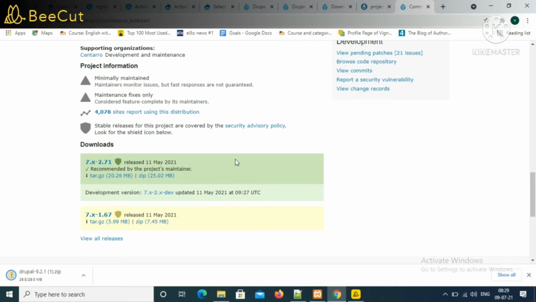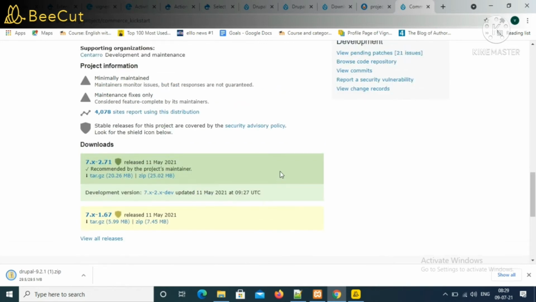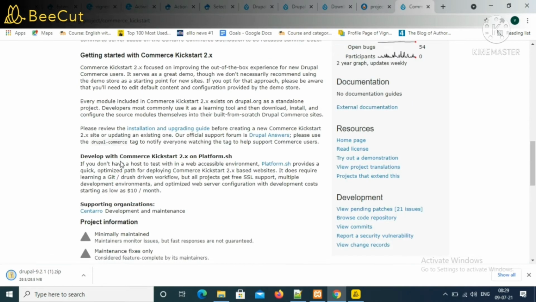Before installing any of the modules or any distribution or themes, we want to check the security advisory policy. At the bottom you could see the color is a little bit yellow. It means this is not covered by Drupal security policies. It's preferable to use projects which come under the Drupal security policy. Where I'm hovering, you could see the stable release covered by the Drupal security scheme. Basically it provides the advantage of using a more secure piece of code so that hackers will not be able to hack our site.